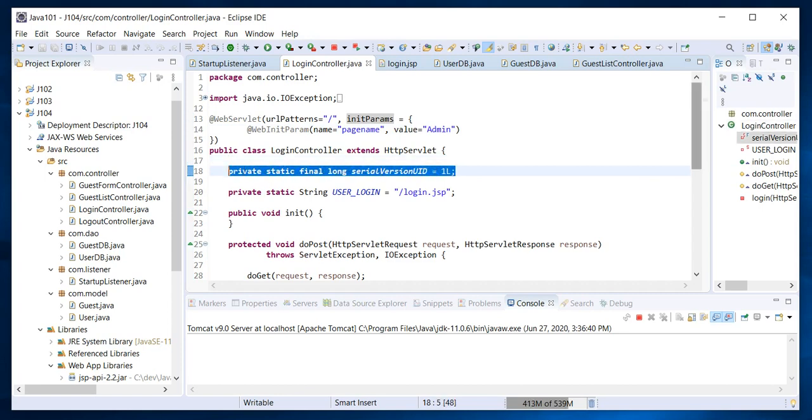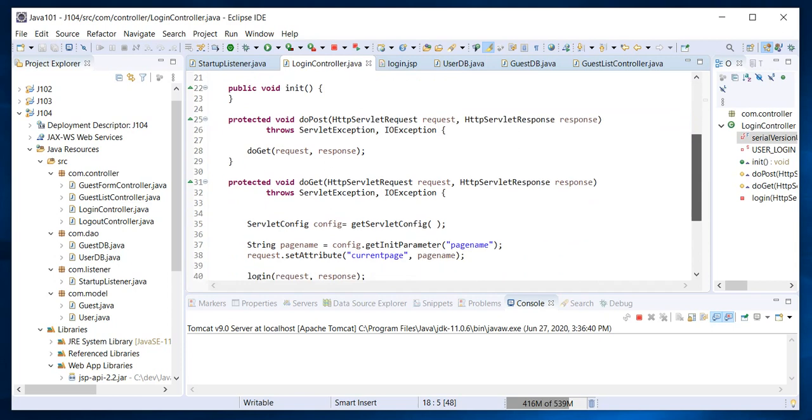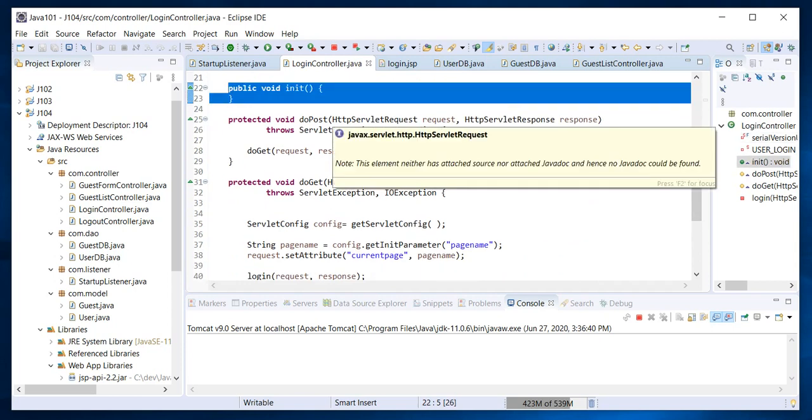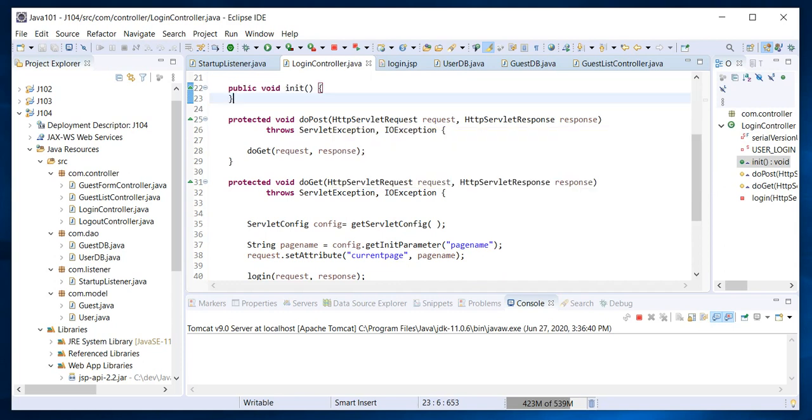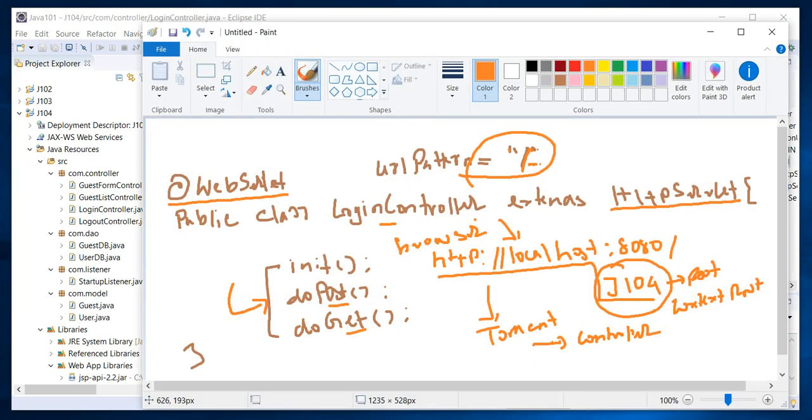Okay, so that's it. And then you can see that I have the init method, and within the init method I didn't put anything. Generally this init method is invoked only once when the servlet is created, and within this init method we are going to initialize some parameters if we would like. So that means, let me write it over here, one time